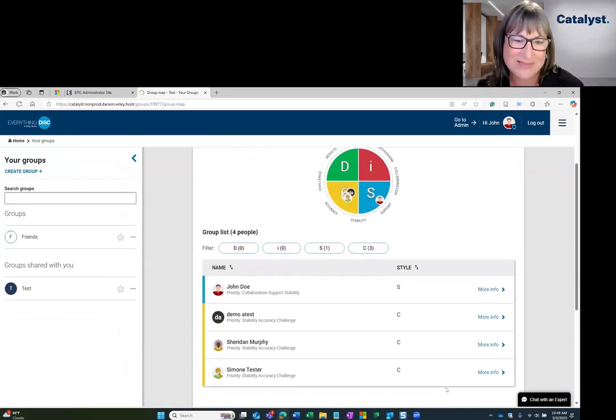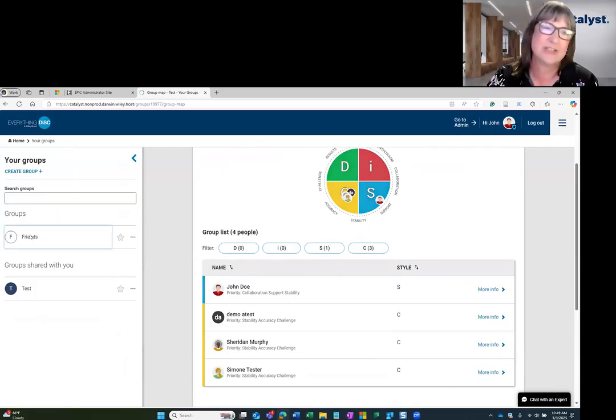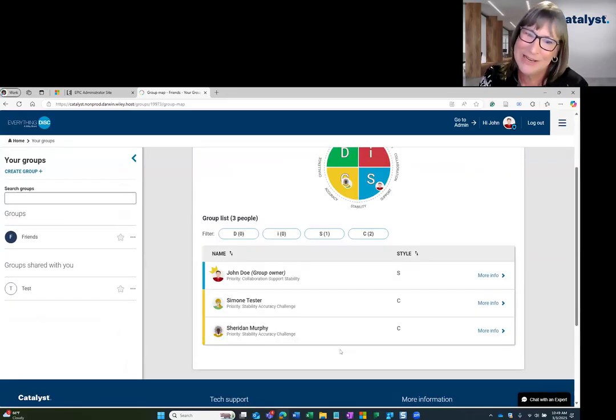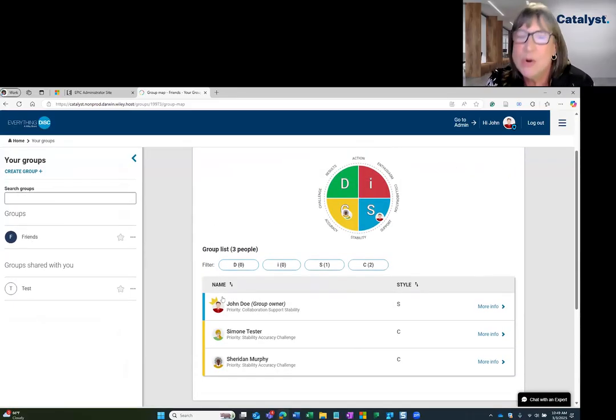One thing I want to point out, it's kind of different, but it makes sense. If I had also created a group earlier as John Doe, and I just called it the friend group, these are my close friends. I made a group. Notice that because I'm the group owner, I created the group, when I look at my group as a learner, I have a little crown on my head